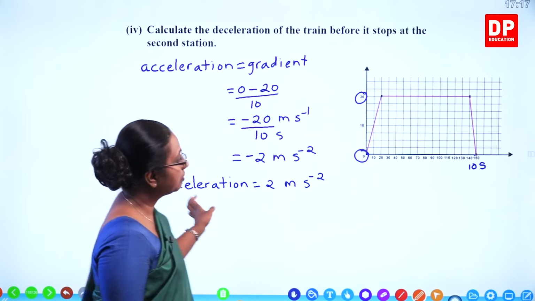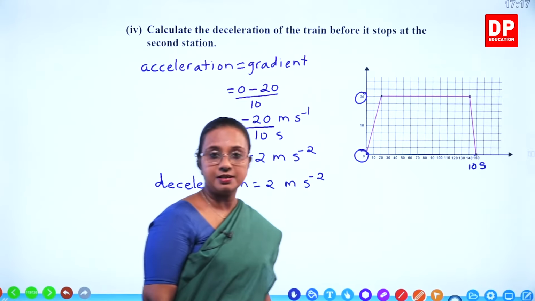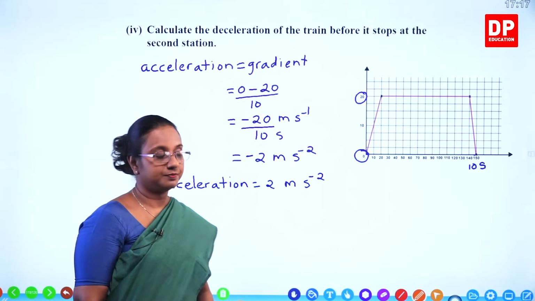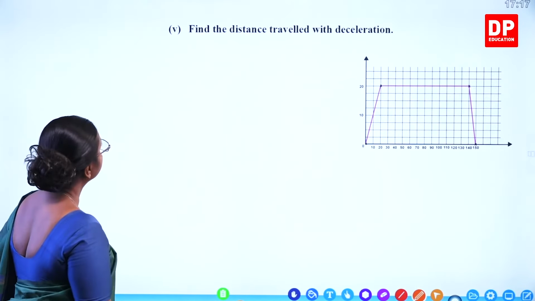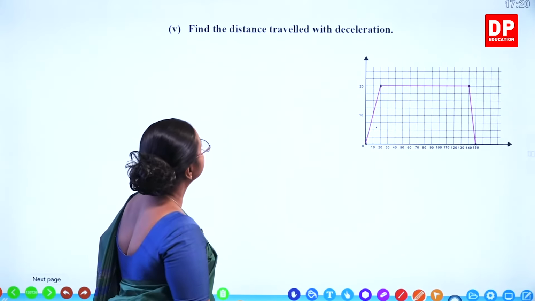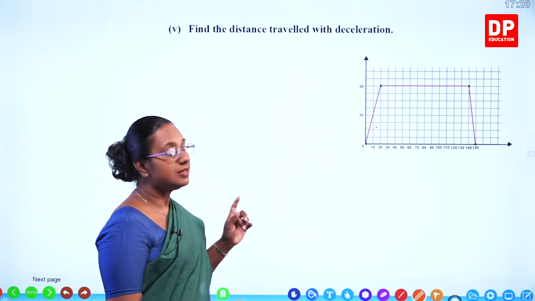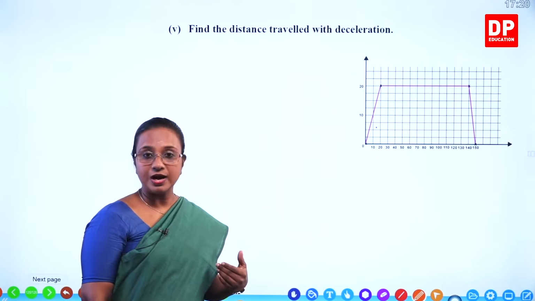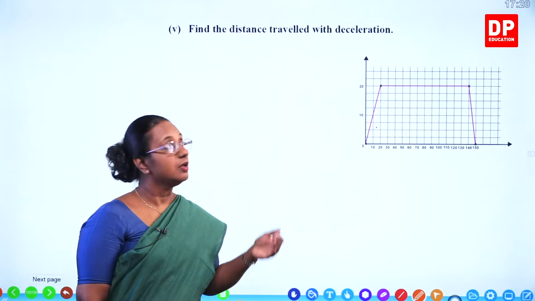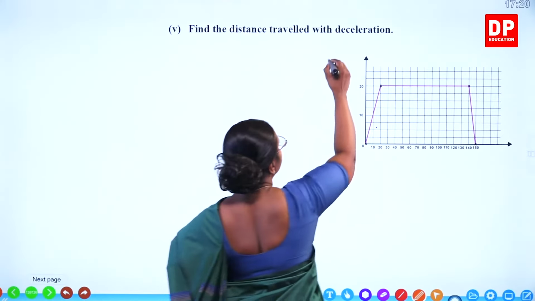So that is how we calculate the deceleration of the train. The next part, find the distance travelled with deceleration. So to find the distance, we need to find displacement. So to find the displacement from a